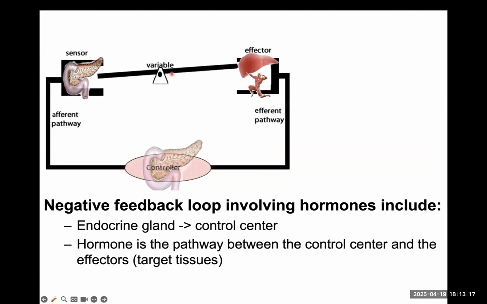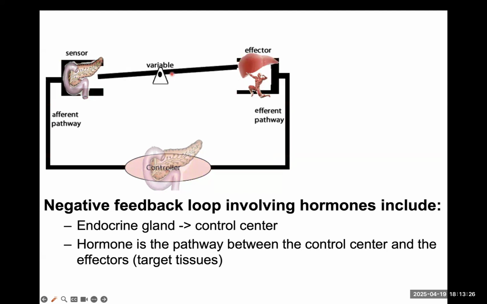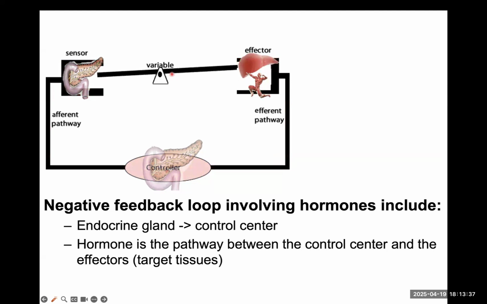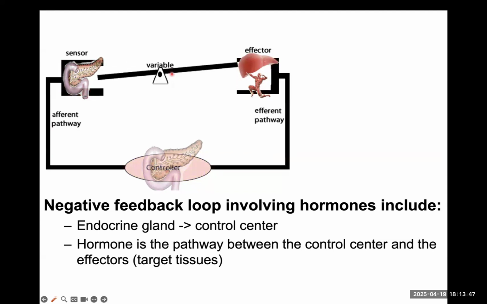The way we do it is by negative feedback loop. If the seesaw is high, that means your blood sugar is high. That's going to activate the sensors in your pancreas to release insulin. Once you release insulin, that's going to travel everywhere in the body, but your liver is going to respond to it because it has receptors for it. The liver has target cells. So the liver gets access to the insulin, and it's going to suck up all the blood sugar in your blood like a sponge. So the blood sugar goes down.